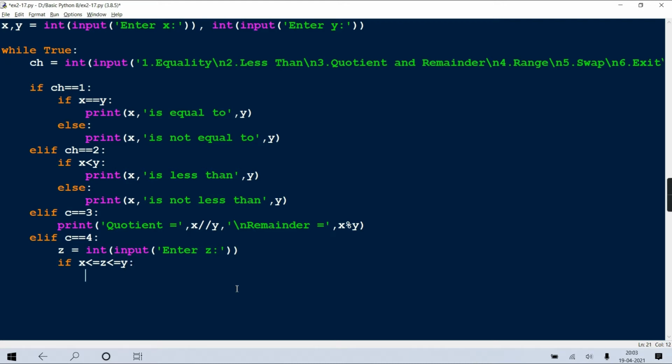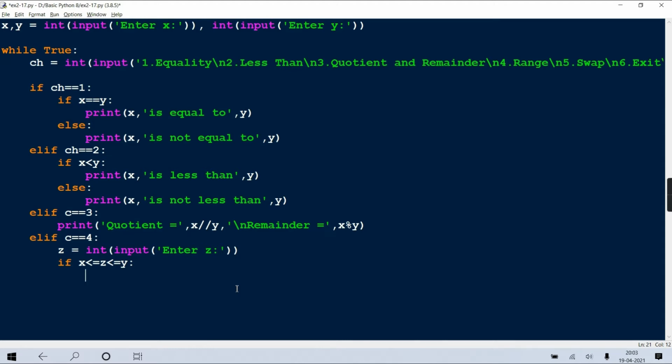But can we write like this? Such chaining operations, are they there or no? Yes, in Python, Python allows you. Such operations are there in other languages, but the behavior is different. Like in C or C++, it won't give error, but the behavior is different.